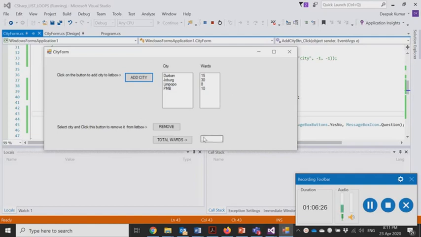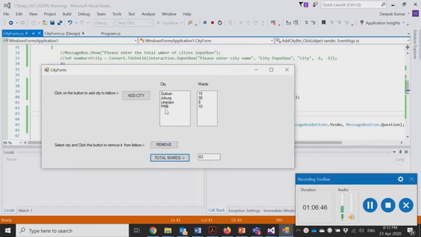So that's just to demonstrate the concept of loops, the concept of implementing decision making, and also the concept of adding dialog result as one of the components that we demonstrated right here. So once we click on total wards, obviously a total number of wards are displayed over here. So you can see that a program becomes more flexible in that case.